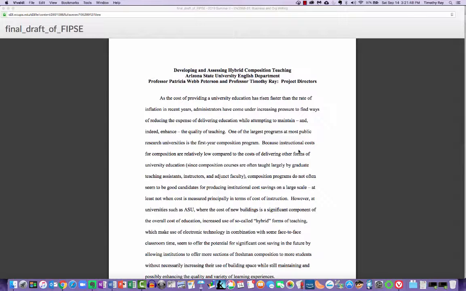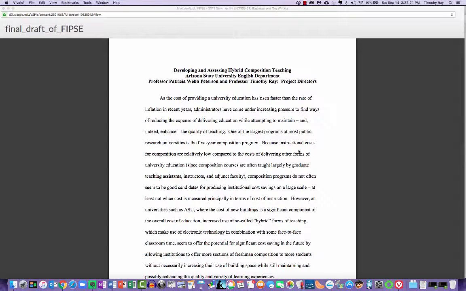and administratively they wanted to do this. First year writing was using up a lot of classroom space, and so that's kind of a problem in some regards. It's also a benefit in some regards because first year writing brings in a lot of money for the institution because there are so many sections of it. But they wanted to free up more classroom space,